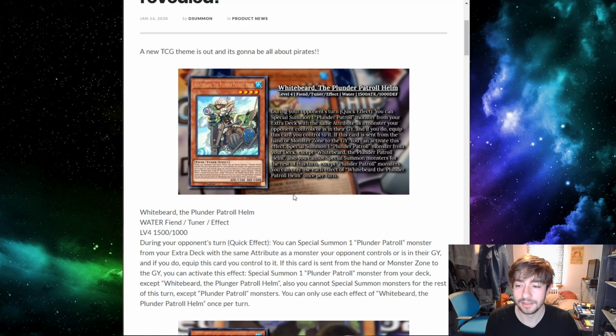We've got Whitebeard, the Plunder Patrol Helm. He is a Water Fiend Tuner effect monster, Level 4, 1500 attack, 1000 defense. It is interesting that he's a tuner. His effect reads: during your opponent's turn, quick effect, you can special summon 1 Plunder Patrol monster from your extra deck with the same attribute